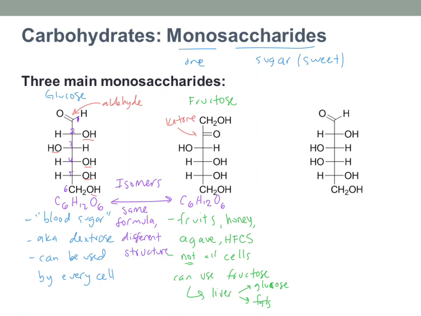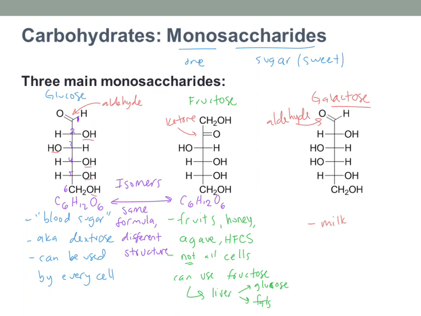All right, they look pretty different. And then lastly, if we go over here to our last one, that's galactose. Galactose you're primarily just going to find in things like mammal milk. We'll talk more about lactose in the next video, but it's part of lactose. It's part of your milk sugar, and that's easy to remember because it has the word lactose in it. It's galactose. Galactose is another example of an aldehyde.